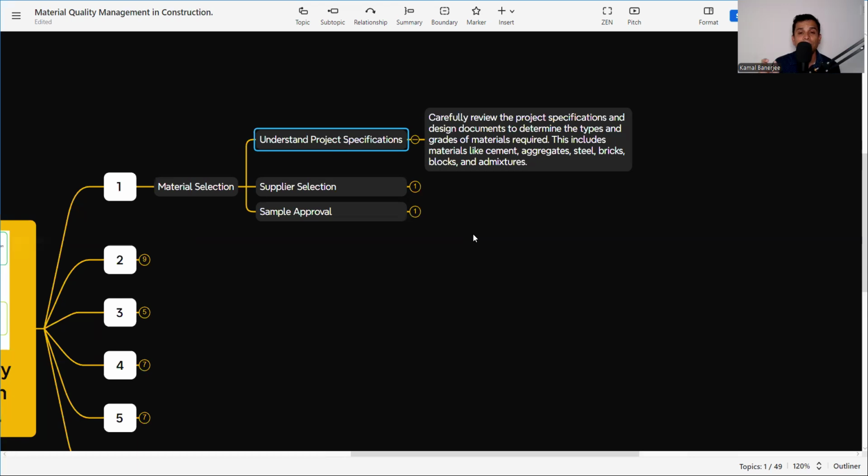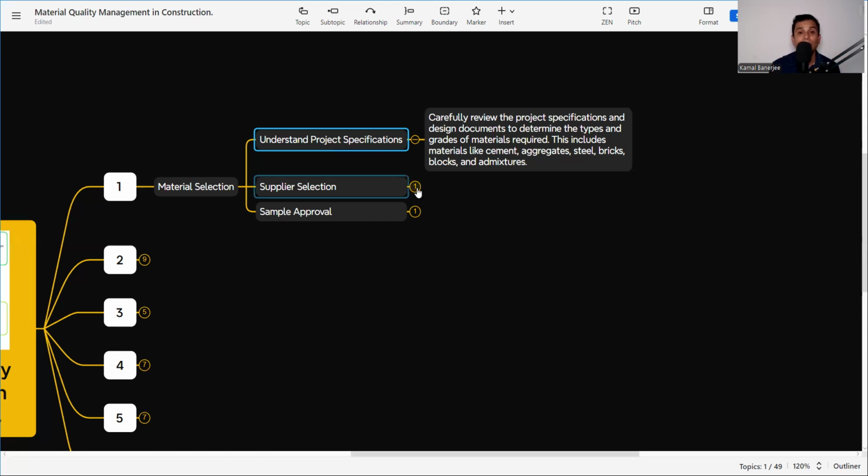See, if we have the M50 grade of concrete, so my requirement is grade of concrete M50, characteristic strength, then the slump, then the temperature, then the durability, whatever it is, to be mentioned one by one. That means I have to find out the details from the document, what my project specification is. So whenever I complete reading the project specification carefully and find out what my requirement is,